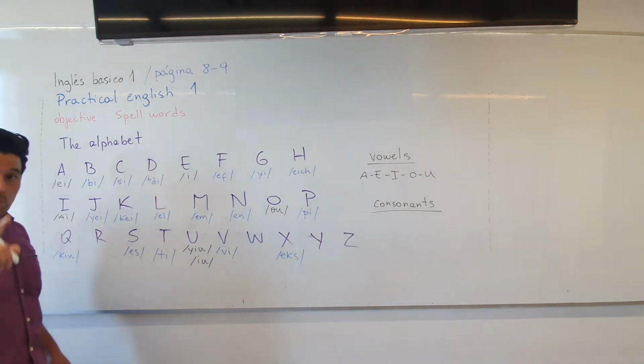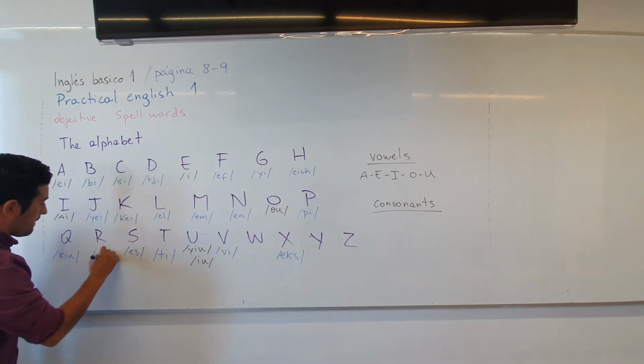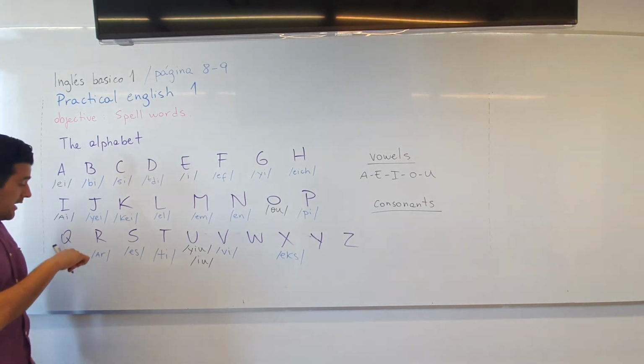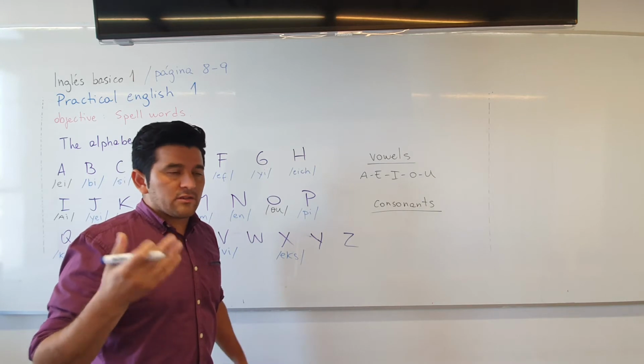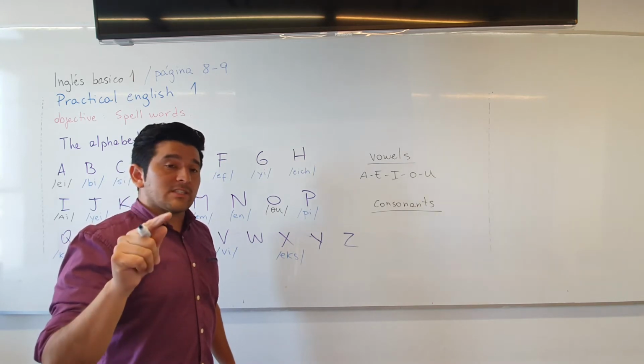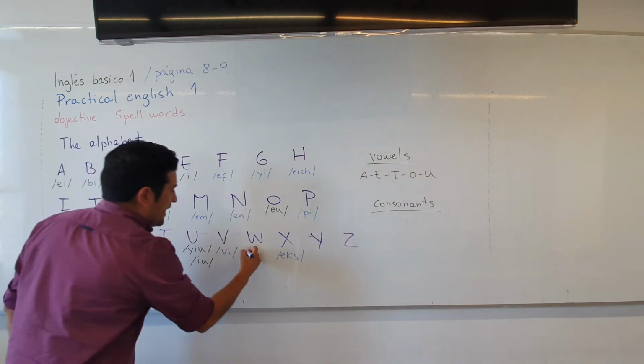Look at the pronunciation, Q. We have R, okay? R, be careful. Todos tienden a decir air, pero air no existe. The correct spelling is R, okay? And finally, we have